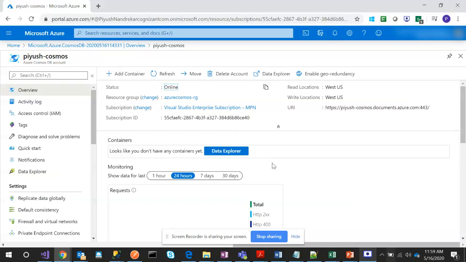So we need to decide whether to create one container or more containers in a database. The decision is made by understanding our requirements, and what our requirements are for partitioning and throughput. Again, the decision can be changed in future as well. There is no problem with that. So let's do one thing. Let's start with creating a container. I'm going to add a container over here.